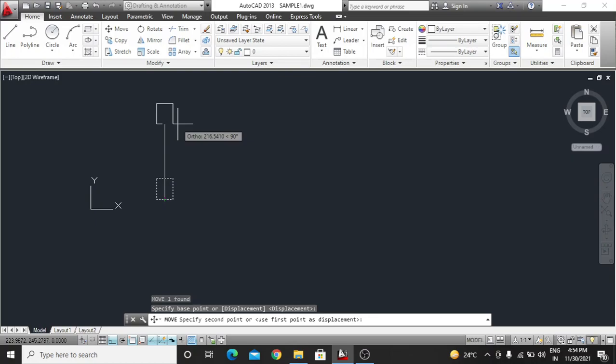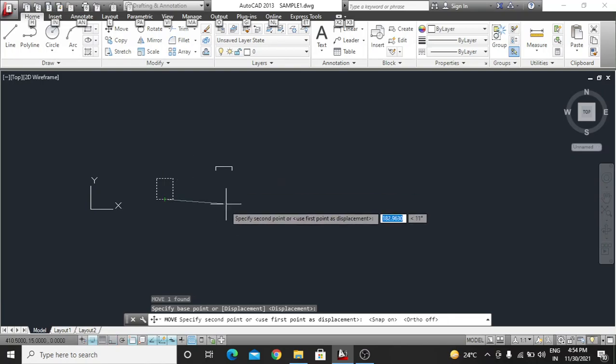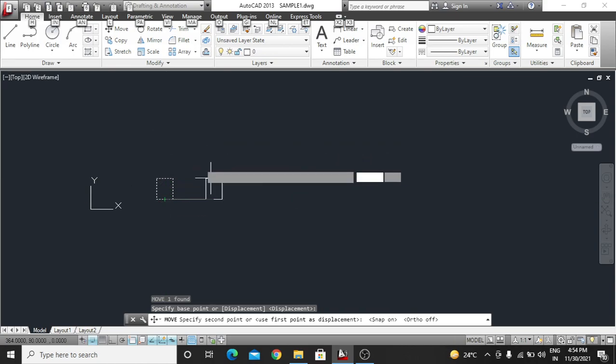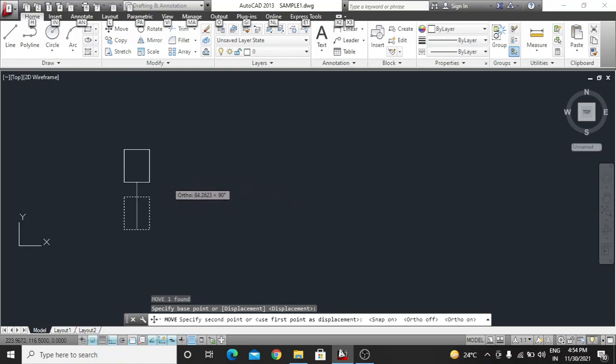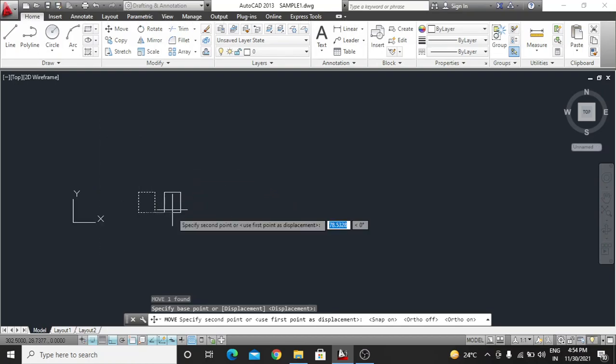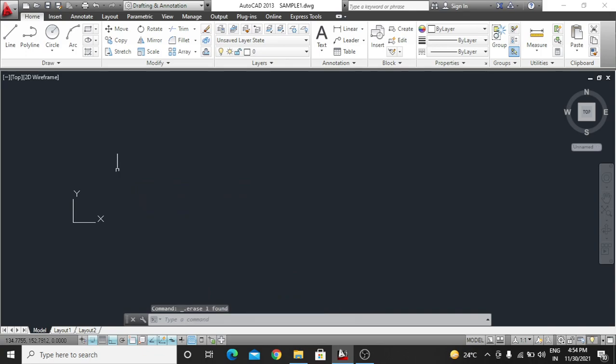So just press the F8 button. Here you can move it inclined. So again if you press the F8 button, it will go only left and right in the 90 degree only, right? So this is very important to know for everyone.